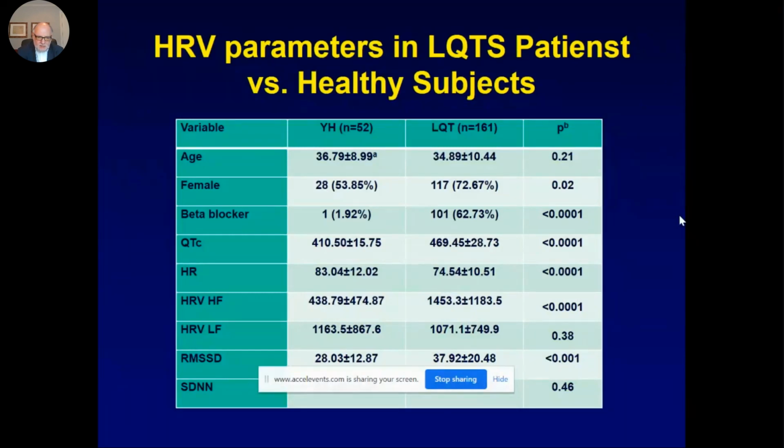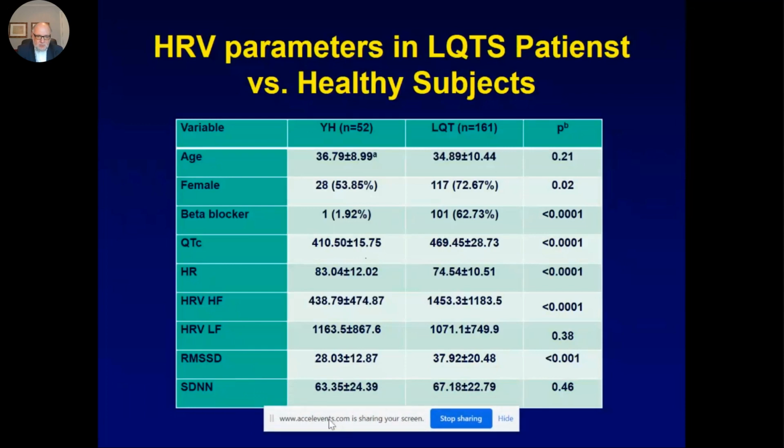Similarly with RMSSD, at the same time SDNN didn't differ, and when we speak about LF, there was no significant difference. So despite common beliefs that maybe sympathetic drive is different in long QT versus not, we again couldn't confirm it in small prior studies, nor in this one, and the same finding came from this Peter Schwartz